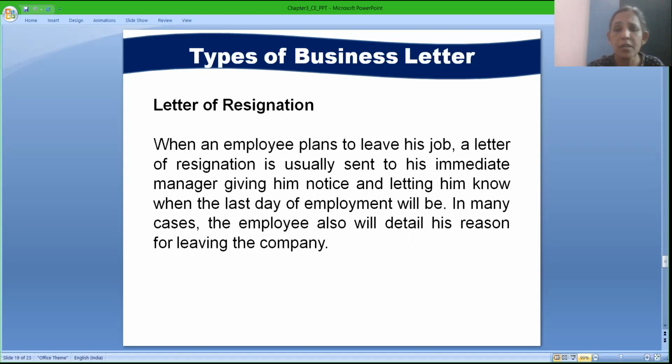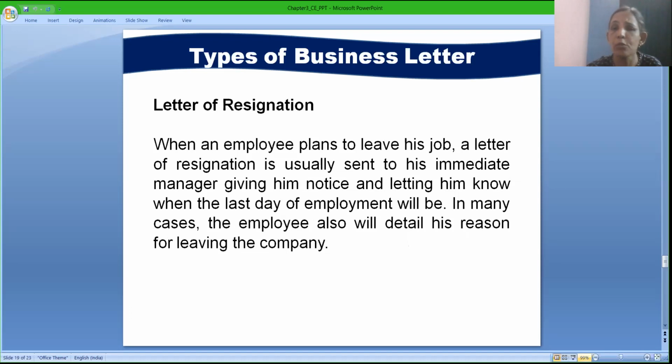A letter of resignation is what you give when you have decided to resign from a particular position. You always have to give a letter to the organization in advance, saying that from such and such date you will not be in a position to take up the job, or you have to leave the job because of certain reasons. What could be the reason? That reason could be mentioned in the resignation, and you have to serve a notice period.